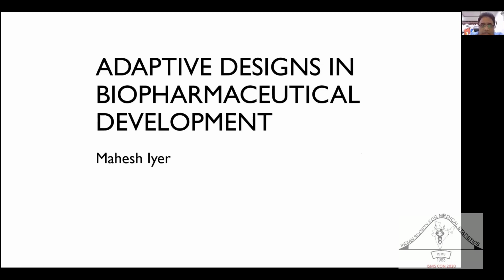What we will do is have a quick understanding of what adaptive designs are first, and then maybe a little bit of background in terms of how we look at adaptive designs in phase one and early phase two settings. We won't spend too much time on that, but then we'll focus all our time and energy on the late phase, in phase two and phase three, and what kind of adaptive designs we use there. Is that okay? Good.